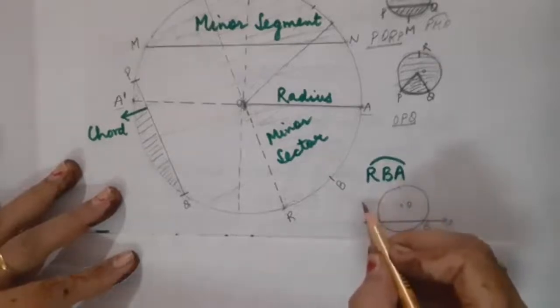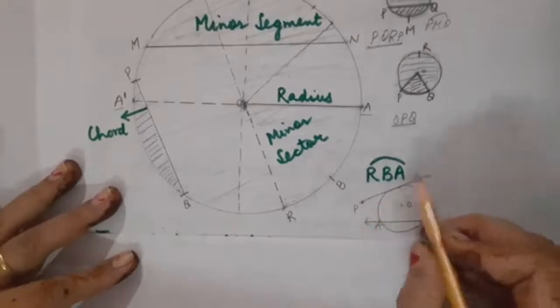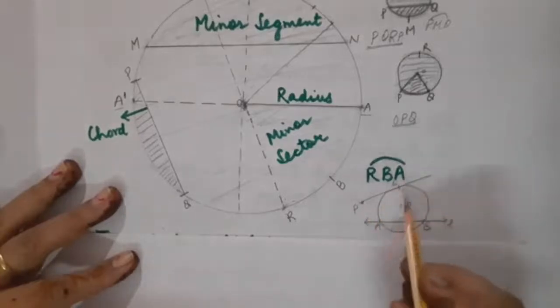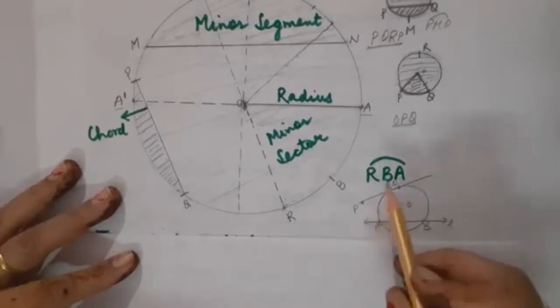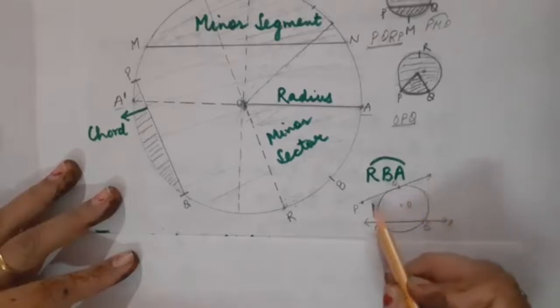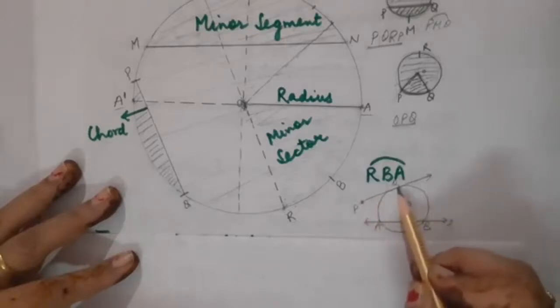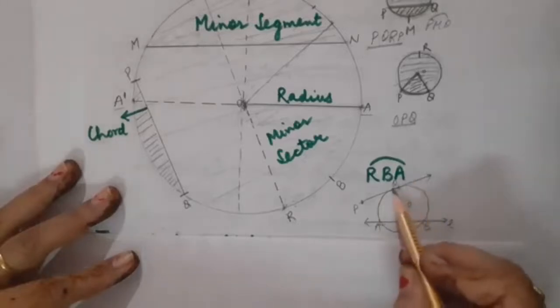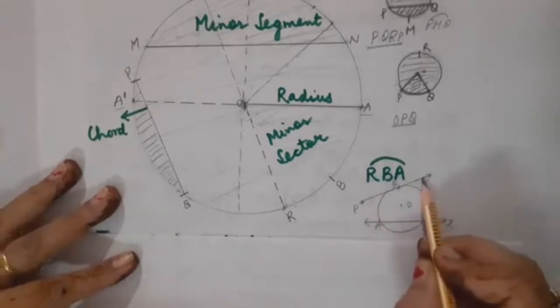But for example, if I am going to talk about the tangent, what do you mean by tangent? Tangent is always drawn from the external point of the circle. Whenever there is a line, or you can call it a ray also, drawn from the external point of the circle, then it is going to touch the circle exactly at one point. You can see that this is point Q and it is known as point of contact, correct? So this PQ will be known as the tangent of the circle.